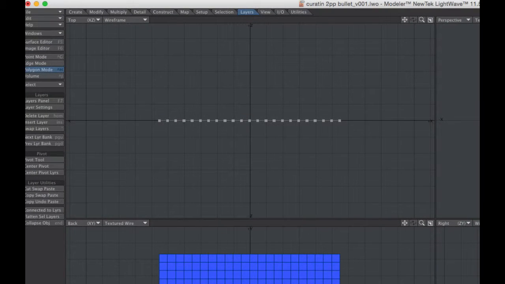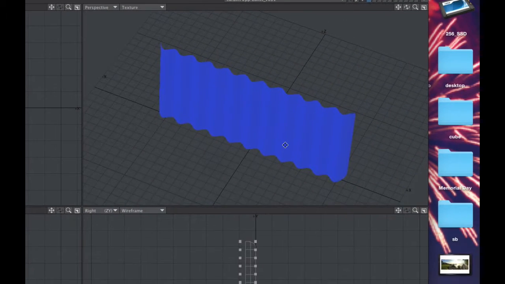Okay, so now what we're going to do is select every other point and pull them out a little bit. And then we're going to hit Tab. Voila, there's our curtain. The next thing we need to do is make the controllers that are going to be